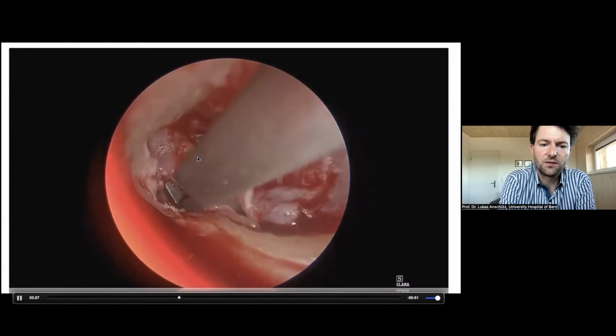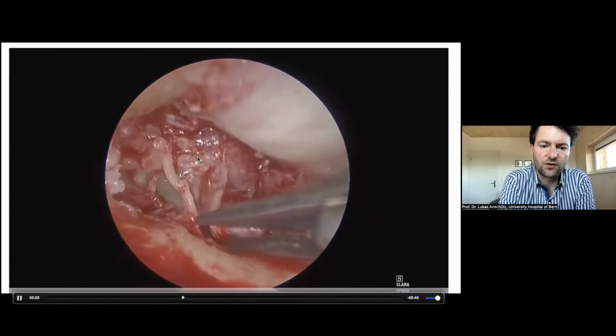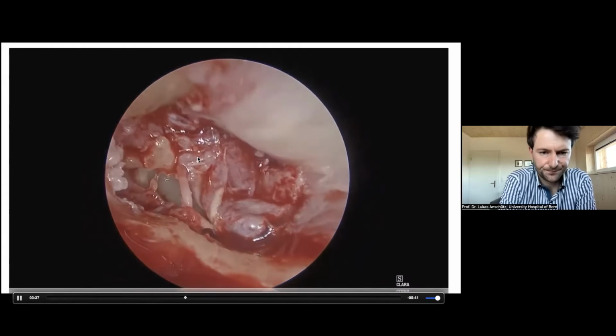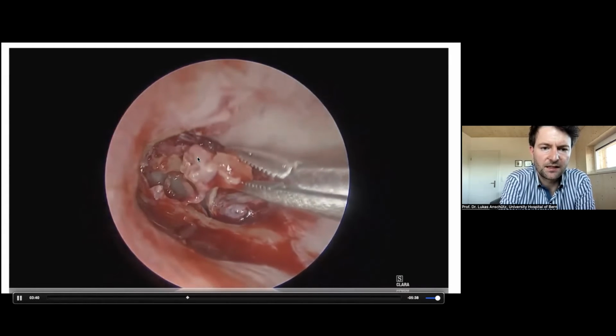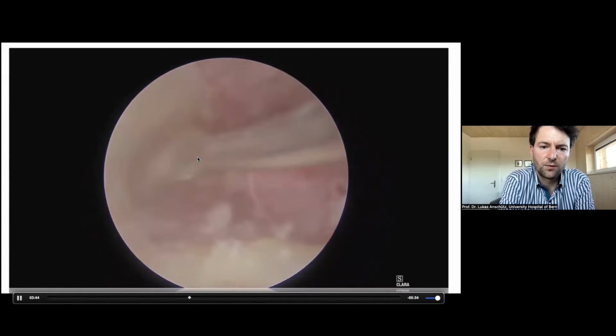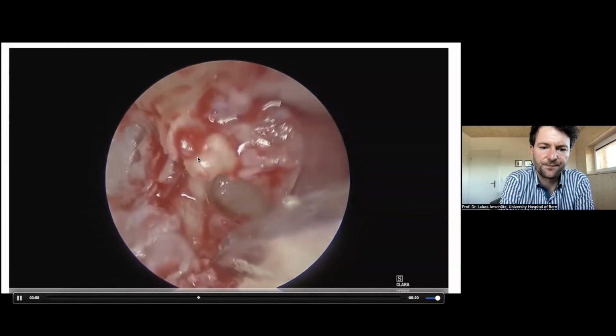And here the chorda tympani was really inside the cholesteatoma, so for security or safety reasons, I cut it away. The head of the hammer comes out here. And now the approach is enlarged until we can completely dissect and identify the sac of the cholesteatoma. So this is now the situation.